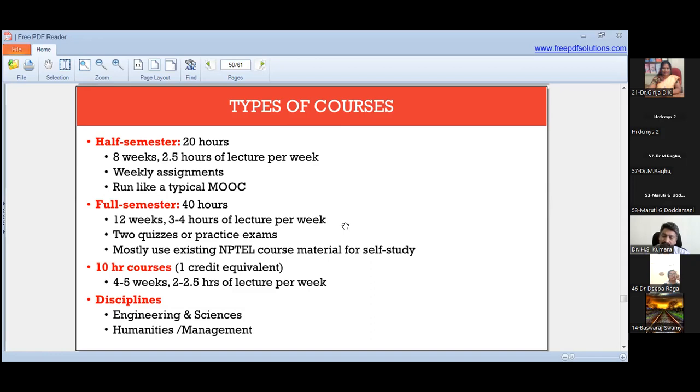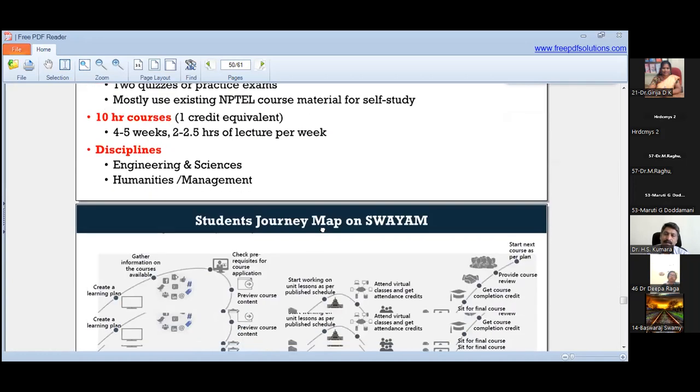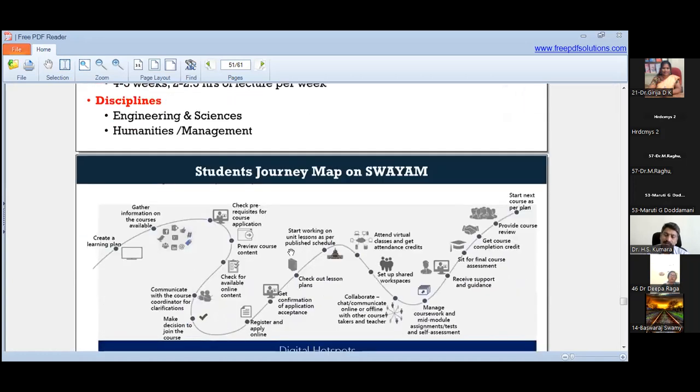Then we wrote a letter to the University Grants Commission. They took it into consideration. Probably in the past 2-3 cycles, from 2020 onwards, almost all subjects have been made available on the Swayam platform with 4 credits. If a course has less than 4 credits, a certification course may be available, but that is not for credit transfer. You can go through these and get familiar with the guidelines and the content.